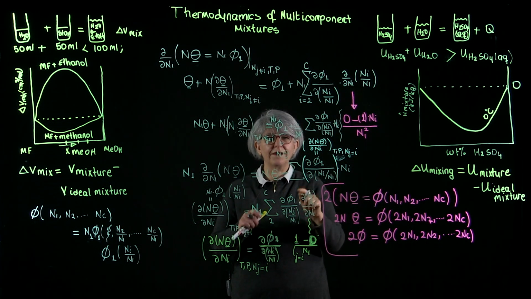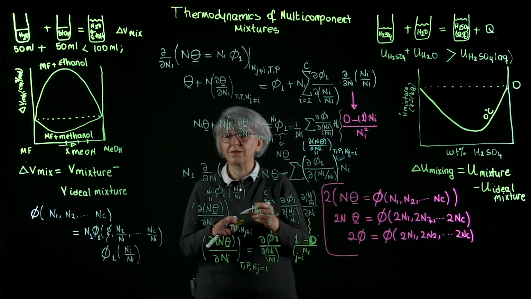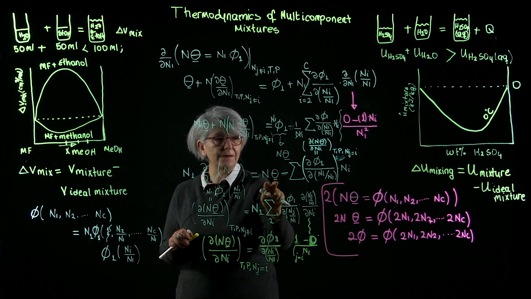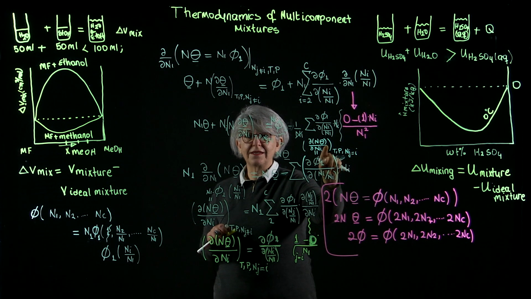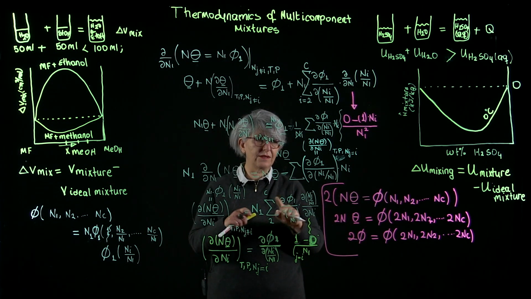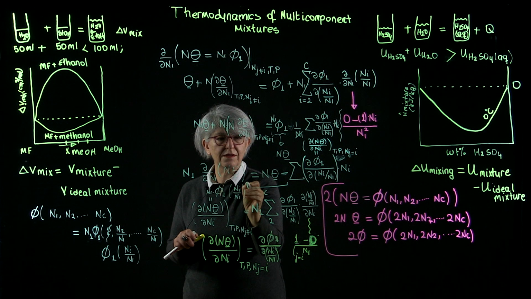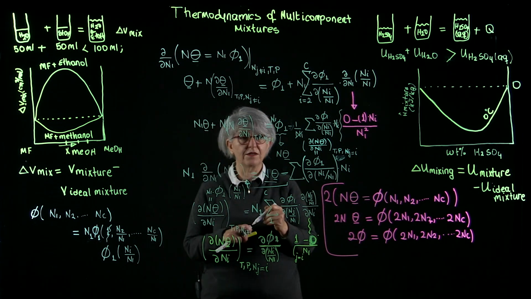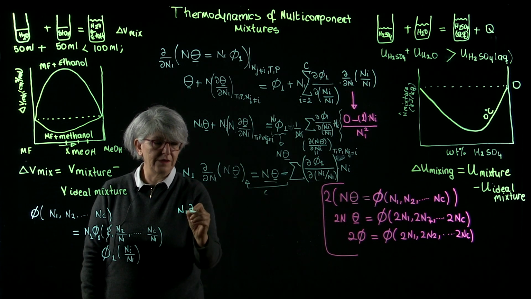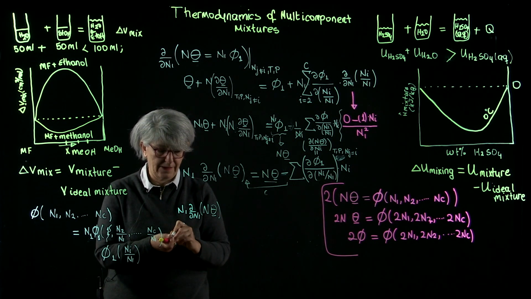Now, I think we arrived at the needed relationship. So let's clean this up and see what we have. n1 del over del n1 of n times theta is equal to n times theta minus del n theta over del ni times ni. So let's just revert the algebra. We are going to take this to the other side of the equation, and we are going to get an expression for n times theta. So here, n1 del over del n1 of n times theta, plus